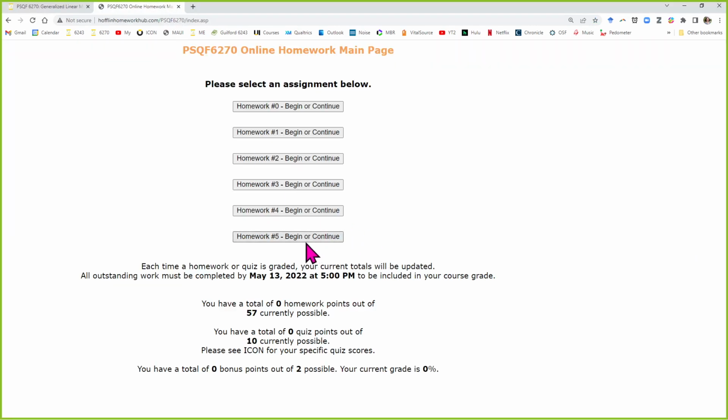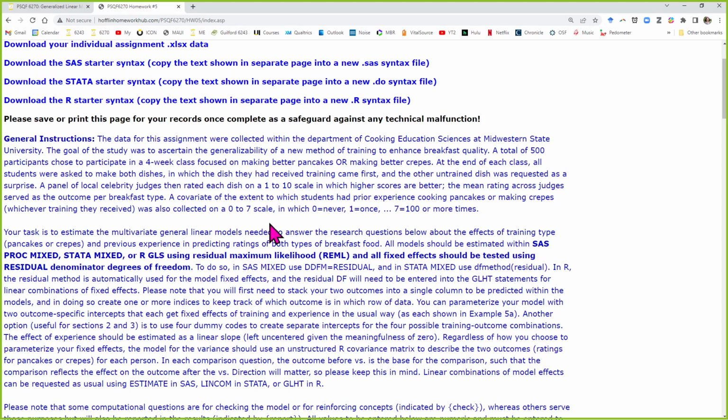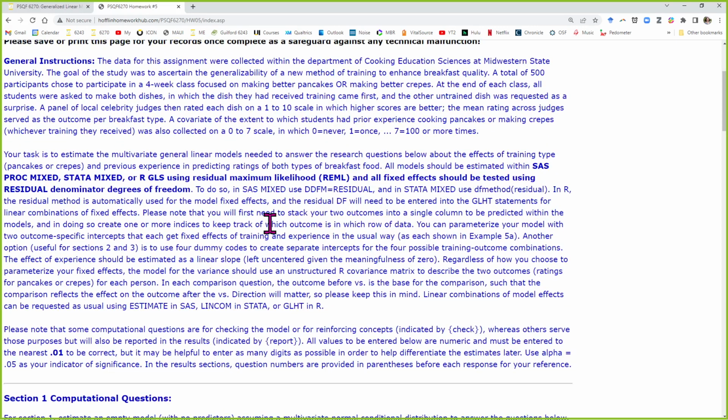Does anyone want to ask about homework 5? How's the pancakes and crepes going? My homework is a means to procrastinate on other things? Yes. Yes, by all means, do this one first. There's something very satisfying about seeing the boxes turn green and knowing that you're making some progress. Except when they won't turn green, and then you want to punch the computer or punch me. But you know what the rule is when that happens, right? After 15 minutes of trying, you stop. Ask for help.